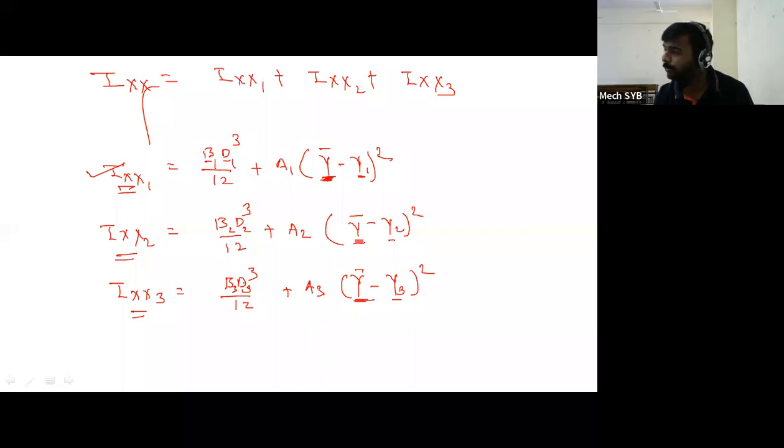So below this formula, write down few sentences. In above formulas,